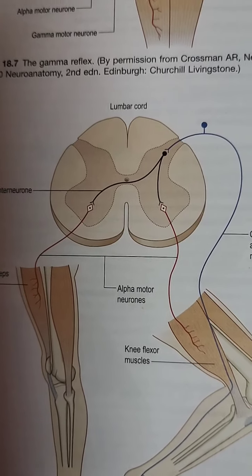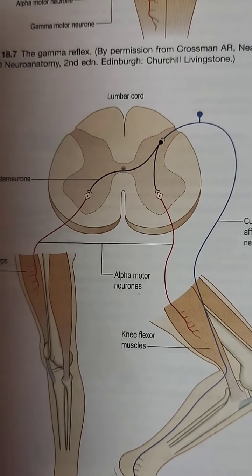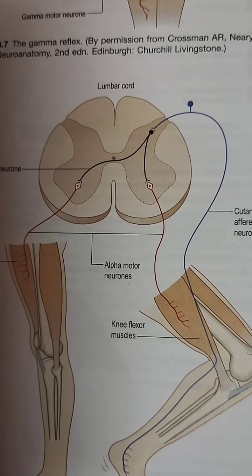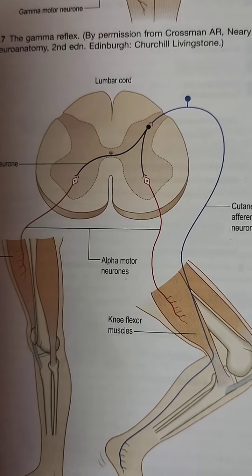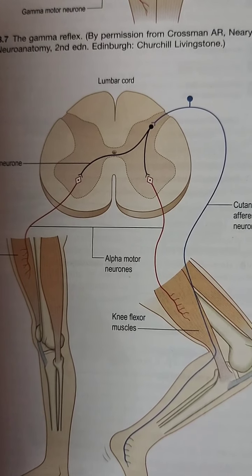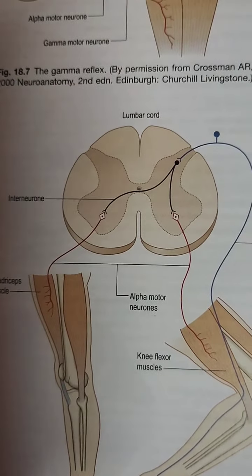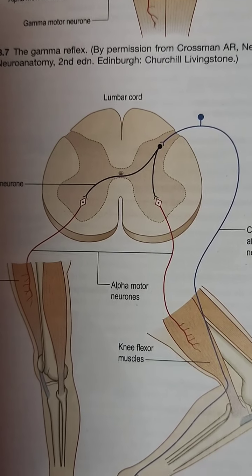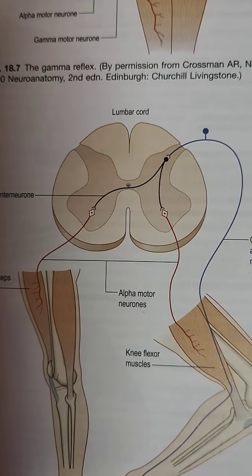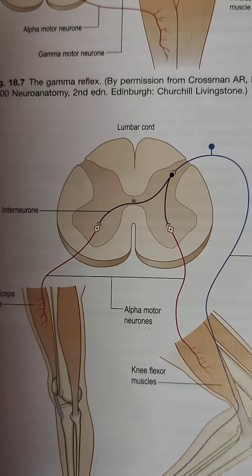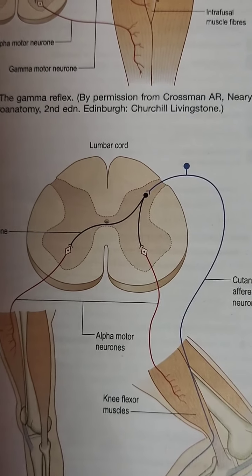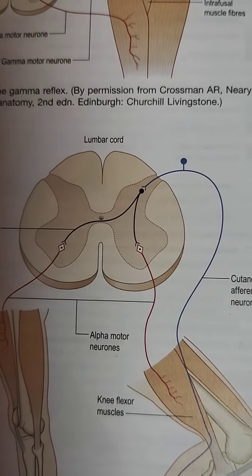So after knowing the Rexed pattern and also the distribution of the anterior, posterior and lateral horn cells, which are motor neurons in the anterior horn, and ventromedial and ventrolateral nucleus on the lateral horn, and also posterior horn for sensory, we will now study the functional characteristics of each of the neurons which are present within the grey matter. Coming to the anterior horn cells, what is the functional characteristic of the anterior horn cells?